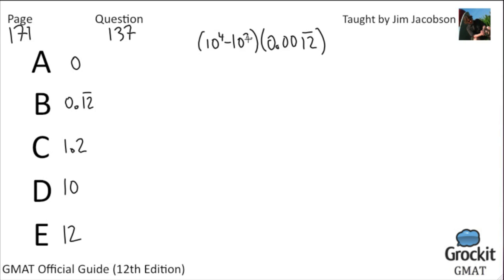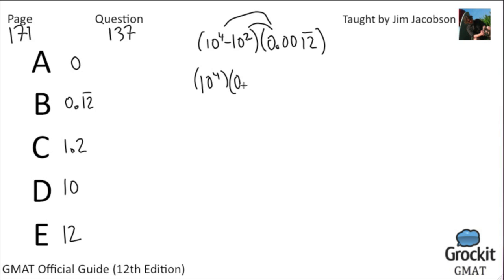So of course you can't easily subtract exponents from exponents. You can multiply, divide, and raise exponents to exponents, but subtracting them you would actually have to figure out what those numbers really are and subtract them. There are easier ways of handling this problem. Basically, because each of these is a power of 10, and when we multiply, this times this minus this times this, each of them is going to move the decimal point further to the right. So I think we want to do that rather than actually figuring out what 10 to the 4th minus 10 squared equals. So when we distribute this out, we end up with 10 to the 4th